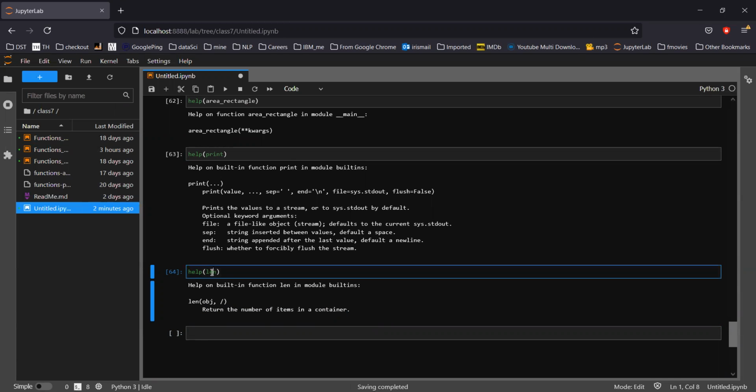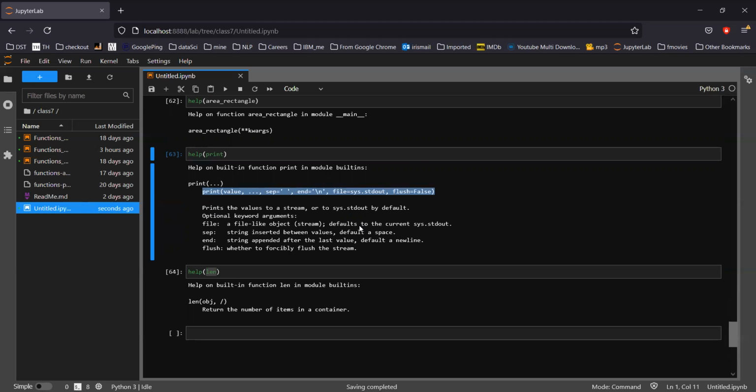So the len function returns the total number of values whatever it is having. If you see what print explains: print the value to a stream or sys.stdout. I know there are some technical terms they have used. sys.stdout means the screen, it will display on the screen. How you can pass values here, they have put an example as well. You can use it this way as well.